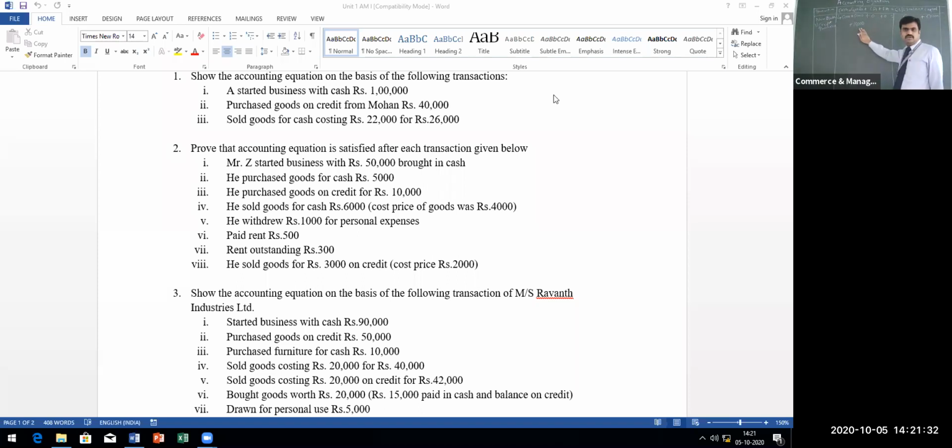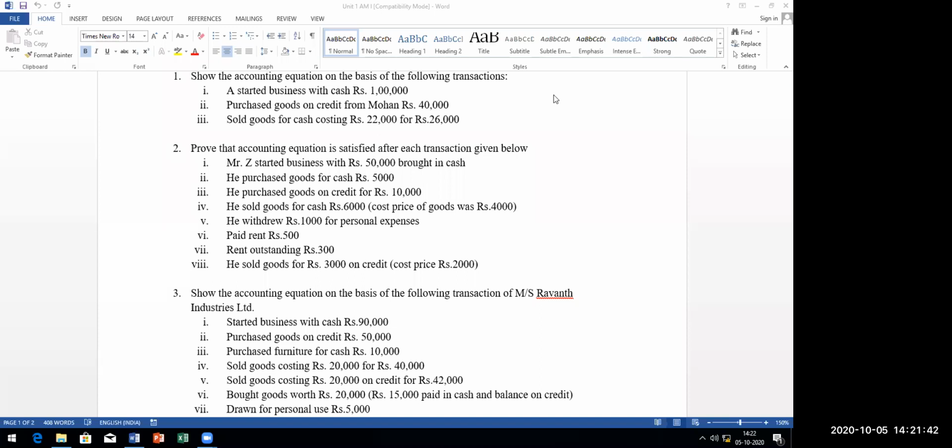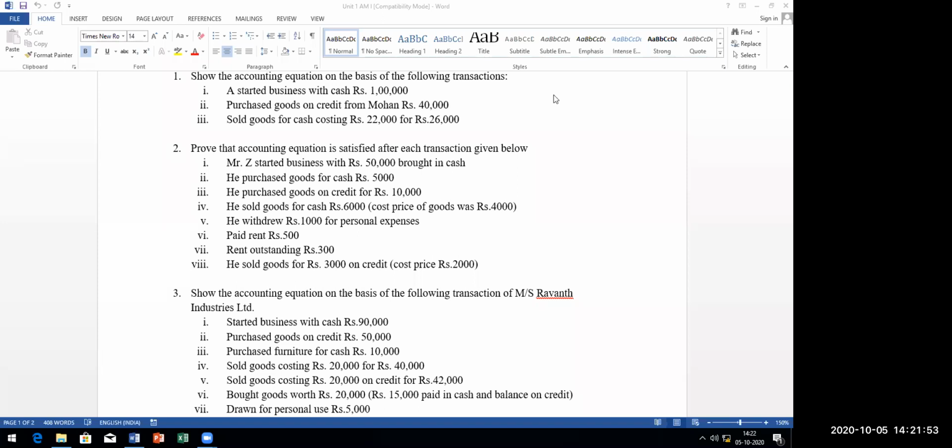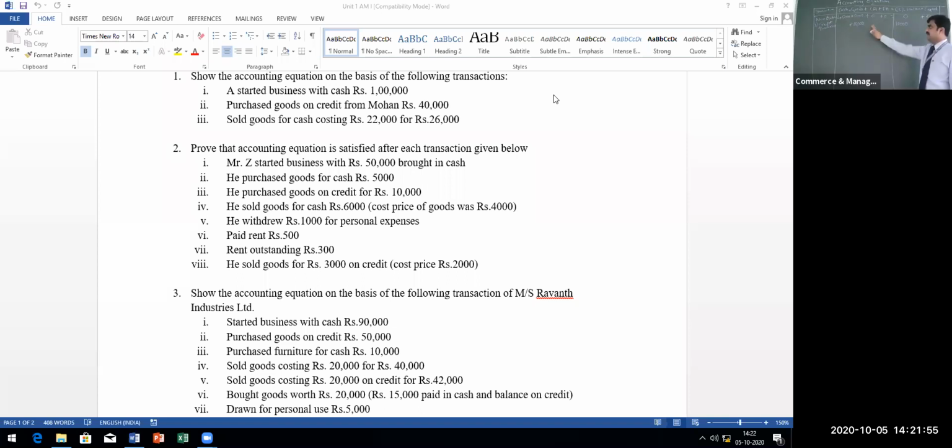So 10,000 of goods you are getting into the company on credit. Goods are coming in, but how do you tally this on the right hand side? Liability. Purchasing on credit is a current liability, which means you have to pay within 1 year. So current liability will be 10,000. Both sides have 10,000, so your equation is equal. Now write down the new equation.